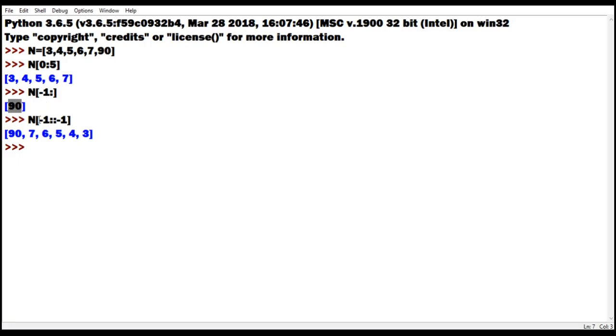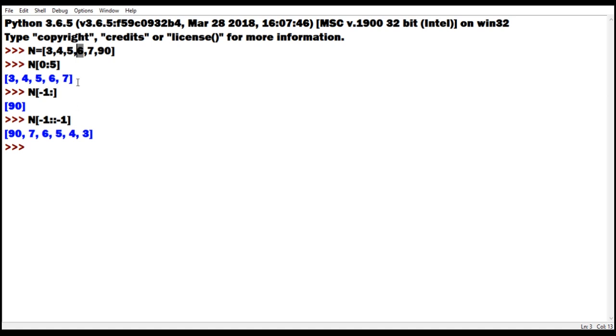In another example, I am starting from -1, and the stop value I have not given. I have kept this place blank. After the first colon I am not giving any value, and after the second colon I am giving -1. That means it will move to the left side. Left side movement means 9, 7, 6, 5, like this, till the end. So it is giving all the values from -1 to the last: -1, then -2, then -3.